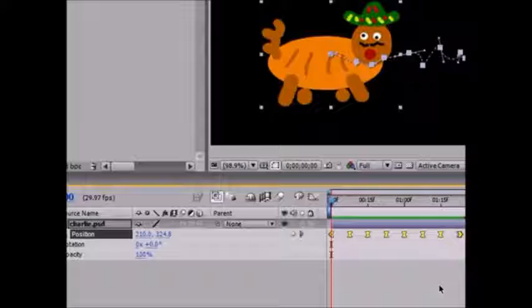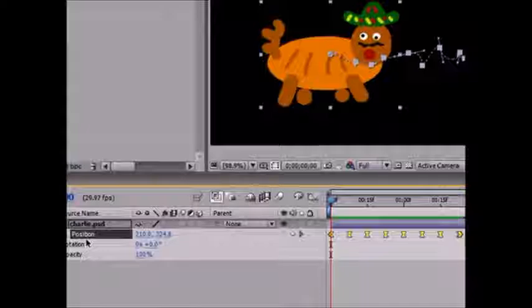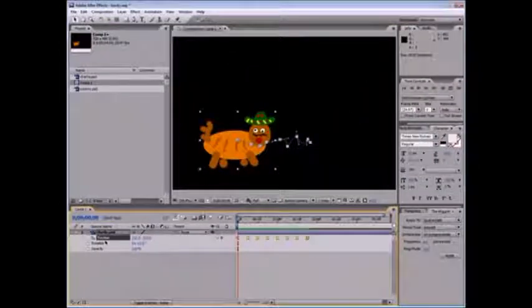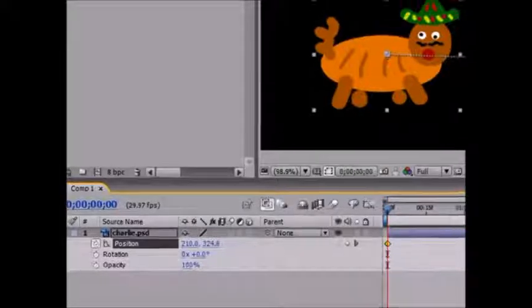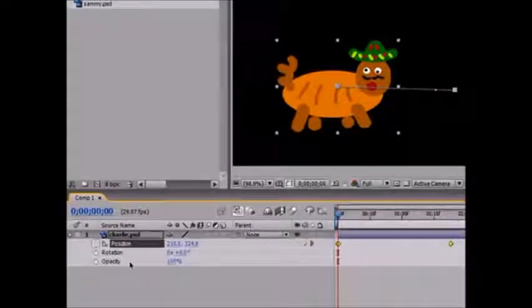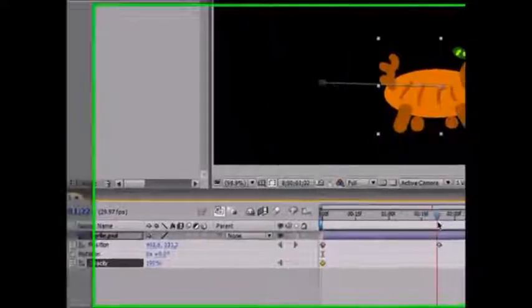A lot of people don't know this, even if they've been working with After Effects for a while, but you can actually wiggle other stuff besides position. Now I know whenever you think of wiggle in your head, you think of an object wiggling, but you can actually wiggle stuff like opacity and things like that too. For instance, let me get rid of our other wiggle keyframes on position. If you go to opacity, just make 2 quick keyframes,